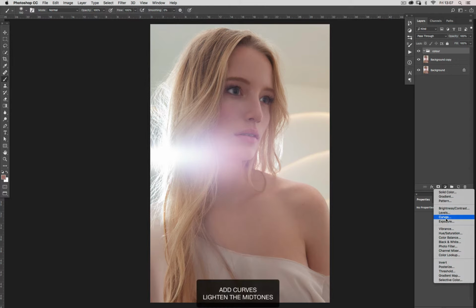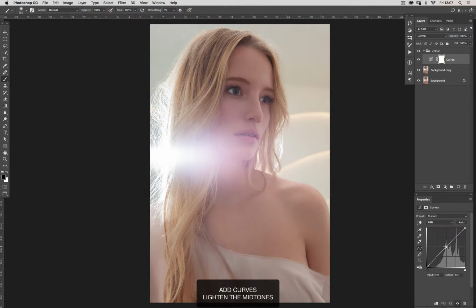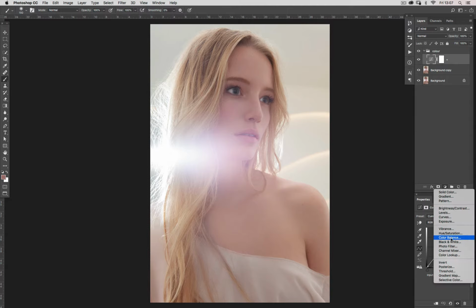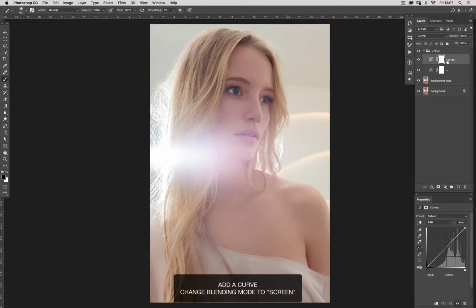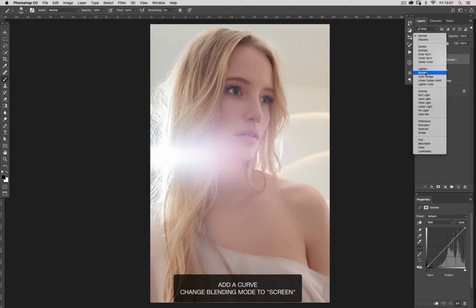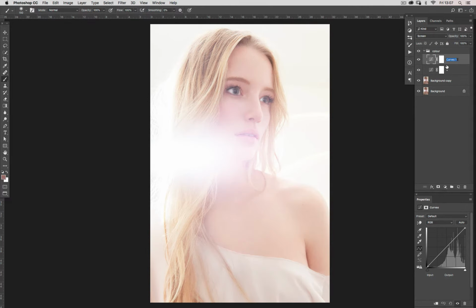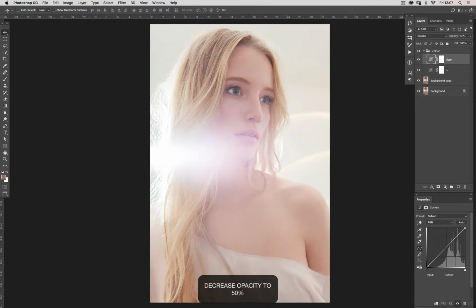Now we add an adjustment layer curves and we lighten the mid-tone a bit. This is our brightening curve, and then we can add another curve on top and we change the blending mode to screen. This curve is for bringing out the nice dusty light we have coming out from the flare, but in this case it's very strong, so I suggest to decrease the opacity to 50%